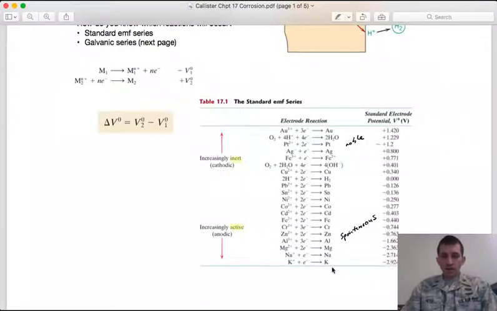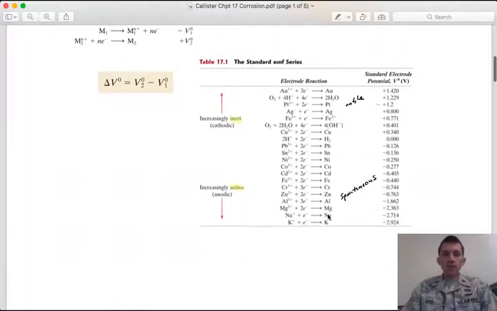And since it's more negative, right, this is more strongly spontaneous in this direction. So if you look at the galvanic series, what you see is that elements that have a more negative standard electrode potential are more likely to be strong anodes and give up their electrons to form ions, and elements that are closer to the top and have a higher positive standard electrode potential are more likely to be cathodes and to be inert, because they are more likely to scavenge electrons than they are to give them